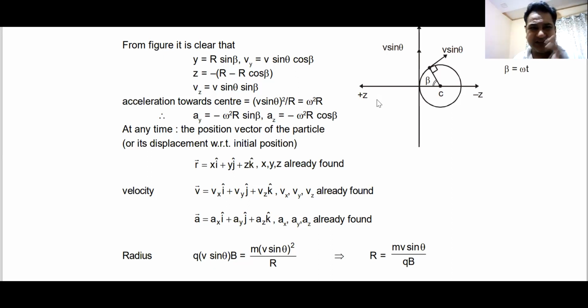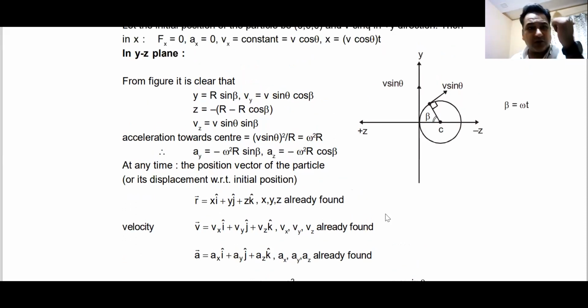Everything is similar, but the only thing is the sign convention may be different. What I have done is according to the diagram that I had drawn. What they have done is according to the diagram that they have drawn. They've taken minus z on this side, and they've just changed the axis. So their y-axis is like this. Their positive y is here, positive z is here. Then where is their positive x? Remember, it has to be a right-handed system. So where is their positive x-axis? It has to come out.